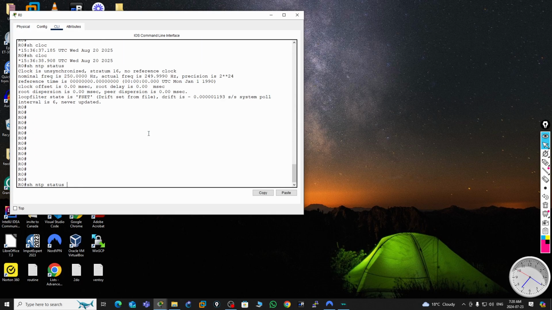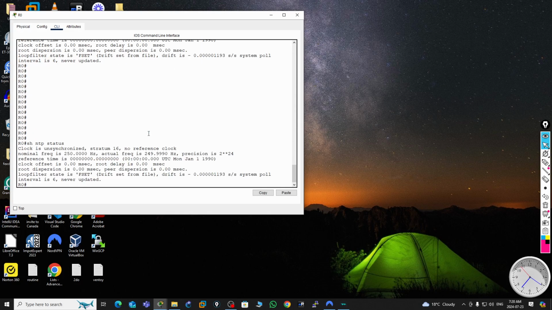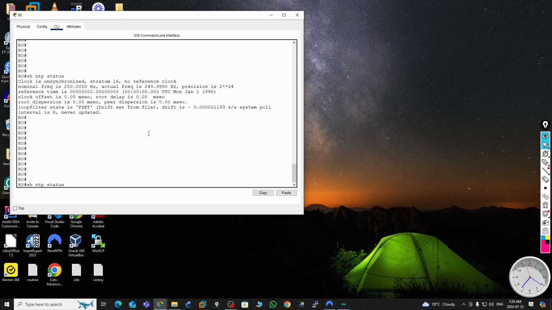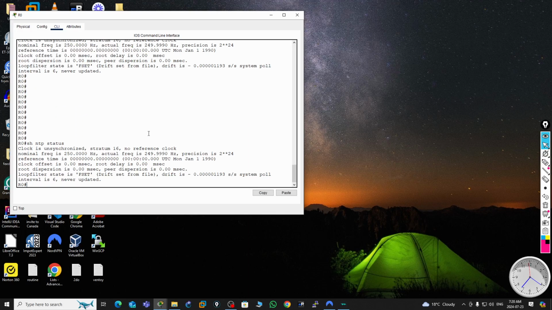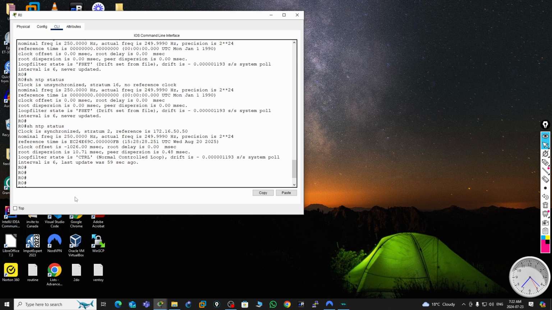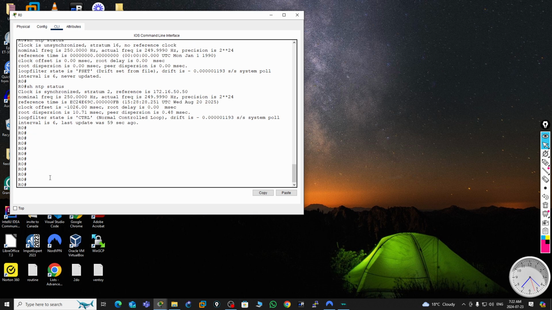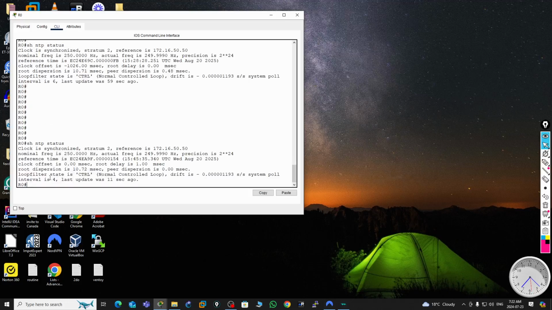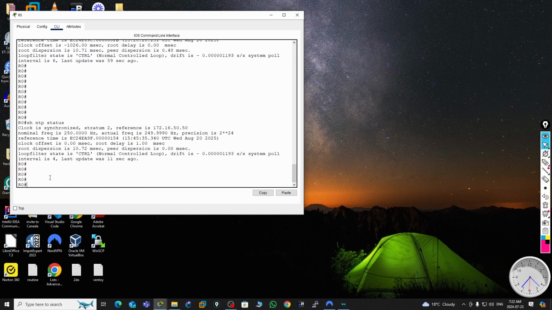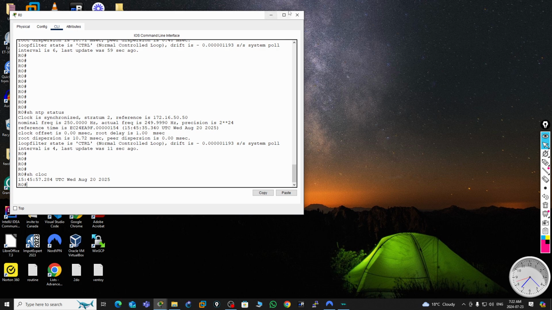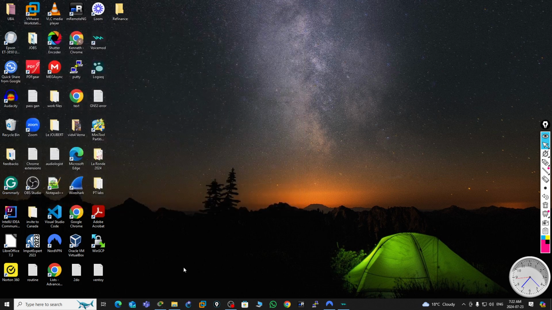Okay, it's going to take a short while, and it's going to be synchronized. Okay, finally, it got synchronized. It took a while to be synchronized. Now it's synchronized again, so the clock on the router is matching the one on the server. So what I'm going to show you right now is